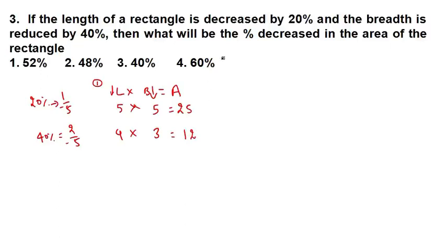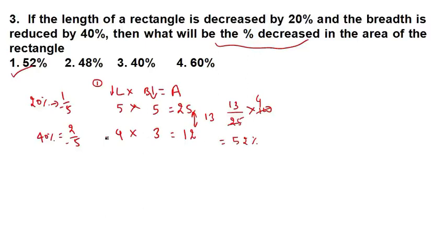Now it is asking by what percent it got decreased. Okay, then it got decreased by 13, right? It got decreased by 13 from which number? From 25, the original number. You have to write the original number in the base, into 100. So 25 and 4, if you cut, you will get 52%. It means that 1 is the right answer. Got my point? Now I want to do this with the second method.